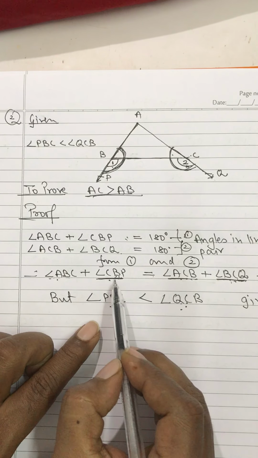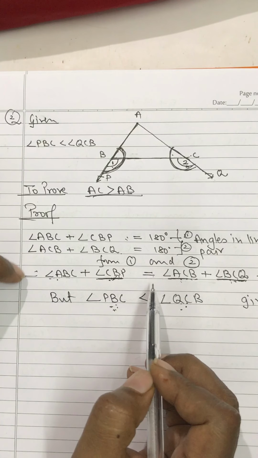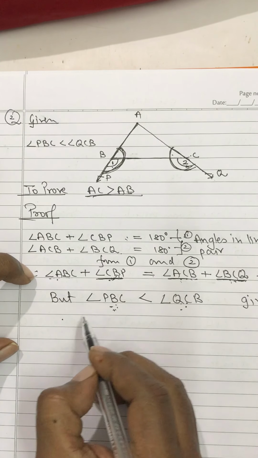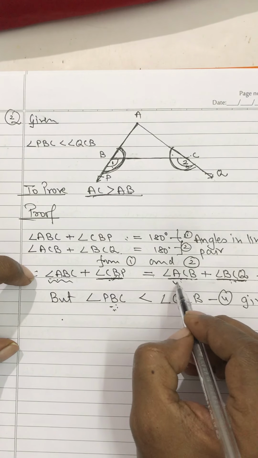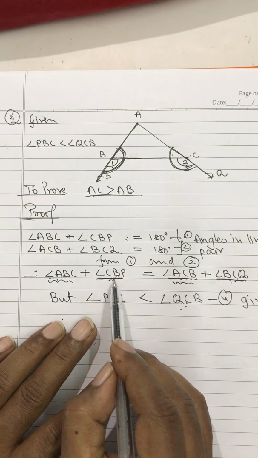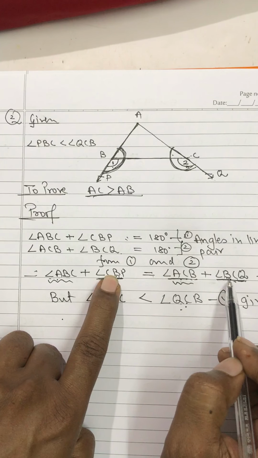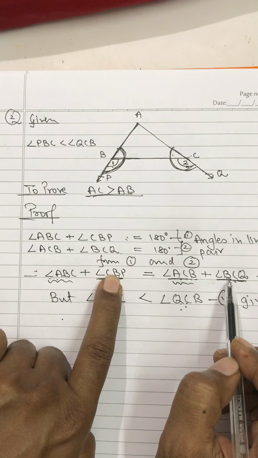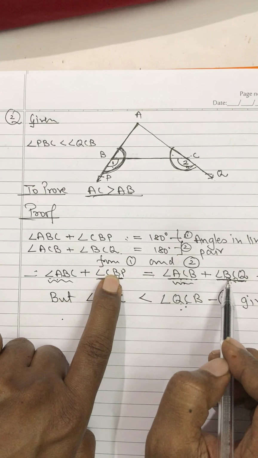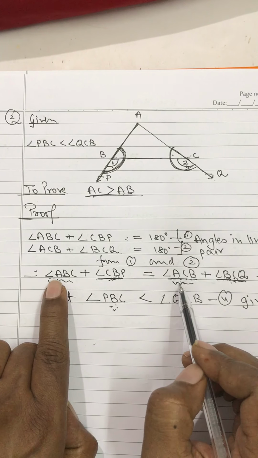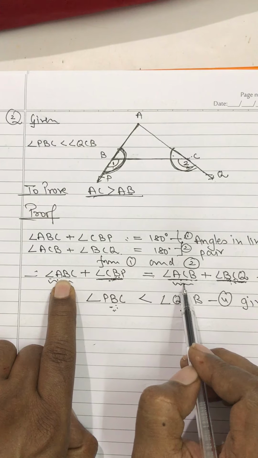That means otherwise individually this is lesser, this is lesser. So to make them equal, definitely who has to be bigger? Among ABC and ACB, who has to be bigger? See, otherwise this is smaller and this is greater. After adding ABC over here and adding ACB over here, they have become equal. So how did they equalize? Who has to be greater over here? Among ABC and ACB, who has to be greater?